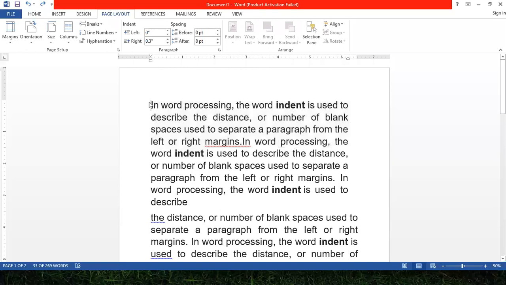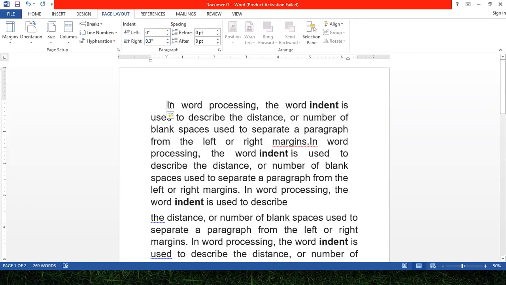Now in this we do not need to select the sentence, we just need to bring the typing cursor to the position where we want to give the tab space or tab stop. Now I'm going to press the tab key, and when I press it, you will see that the text moves to the right with a lot of space. As you can see, this much space has been provided just by pressing the tab key only one time. So this is a big space.